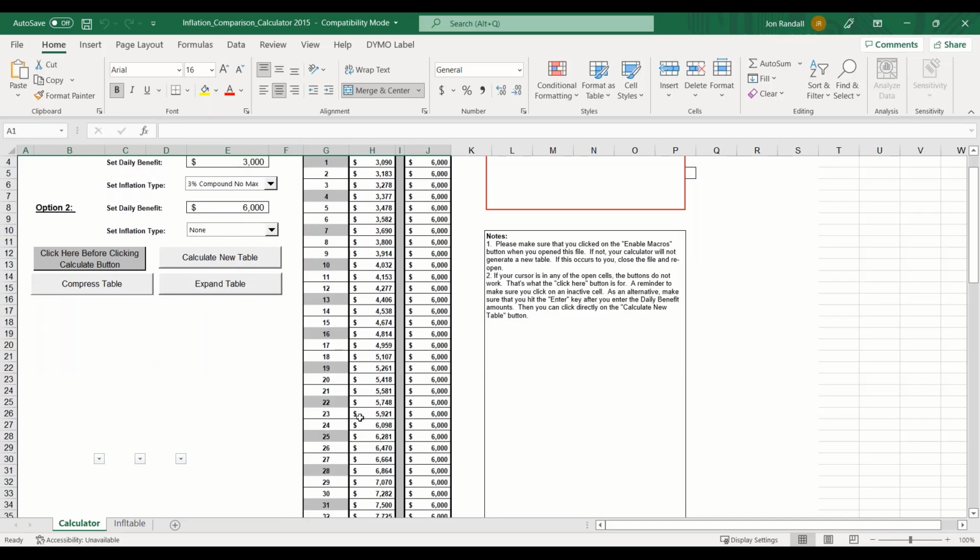Right there at age 23, the $6,000 plan is still ahead, just by a little bit. But you know that any time in that first 23 years they go on claim, they have a bigger pool of money, and it's cheaper. The 24th year at age 84 is when it finally crosses over. You still have a good plan with both of them, but if longevity runs in their family, it's probably better to have some inflation on there.